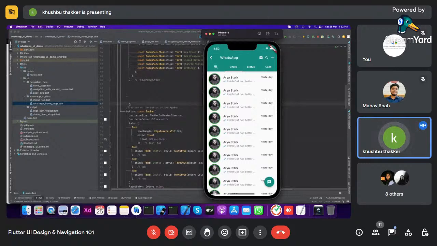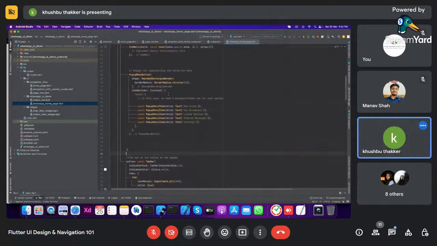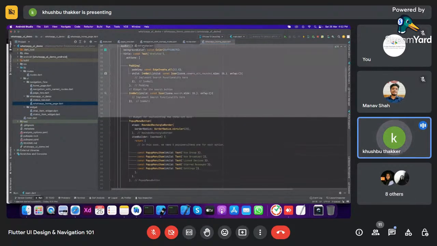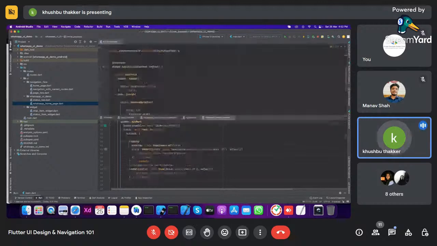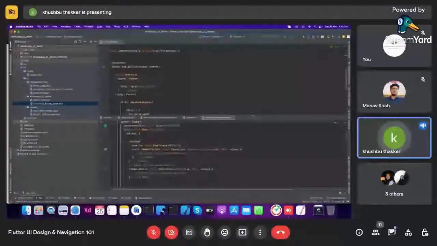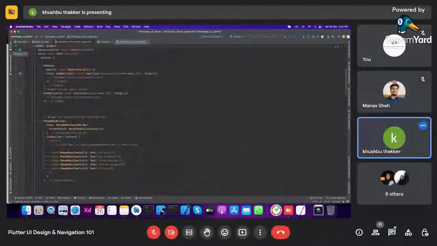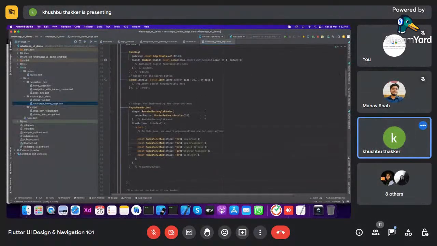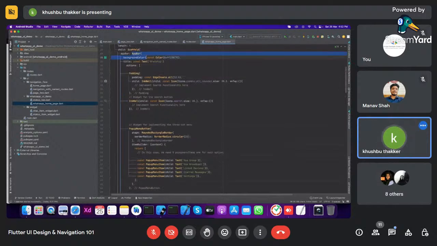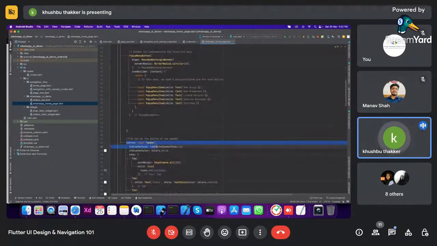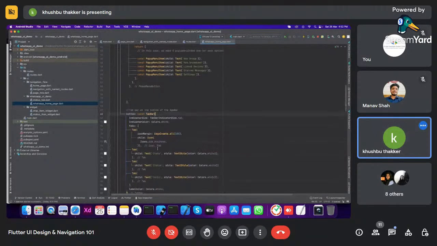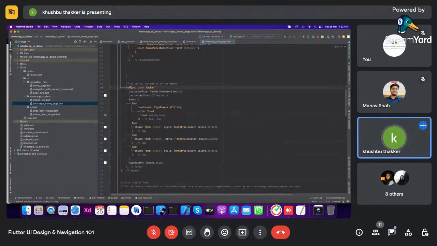Okay, so after the action bar we have a tab bar, right? In the app bar we have a bottom option, which is used for the tab bar. We can use a tab bar for that bottom option. In the tab bar we have multiple tabs. We can add like